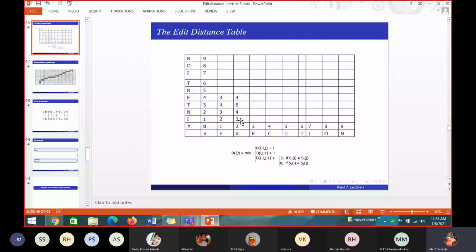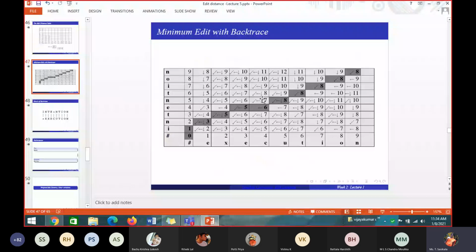Can you fill this table and come for the next class so that it is easy for me to trace it? Please try to fill this table. If the problem does not end here, after filling the table we have to backtrack. I will tell you how to backtrack. The answer is in the slides I have uploaded, but don't look at it first. Whatever answer you get, we'll discuss, and if you made a mistake, we'll find out where. Then I will tell you how to backtrack and how we get the execution from this table.